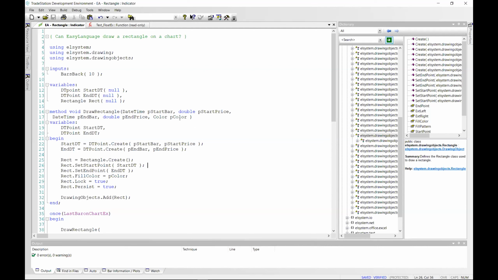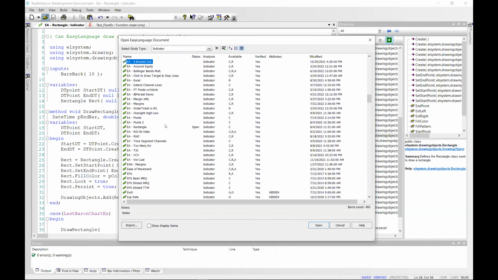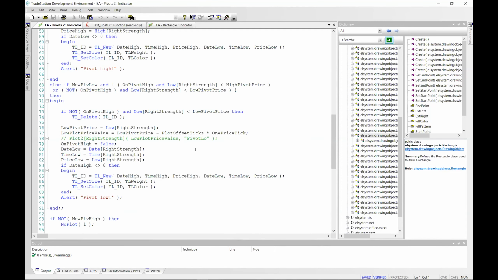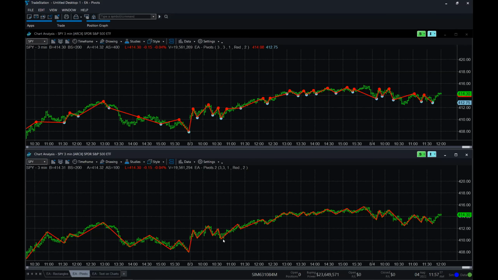probably it's a good one to go to the support forum on. But what you'd end up having to do, let me open up the code here. What you'd end up having to do is remember prior pivots, put them in an array or something like that.